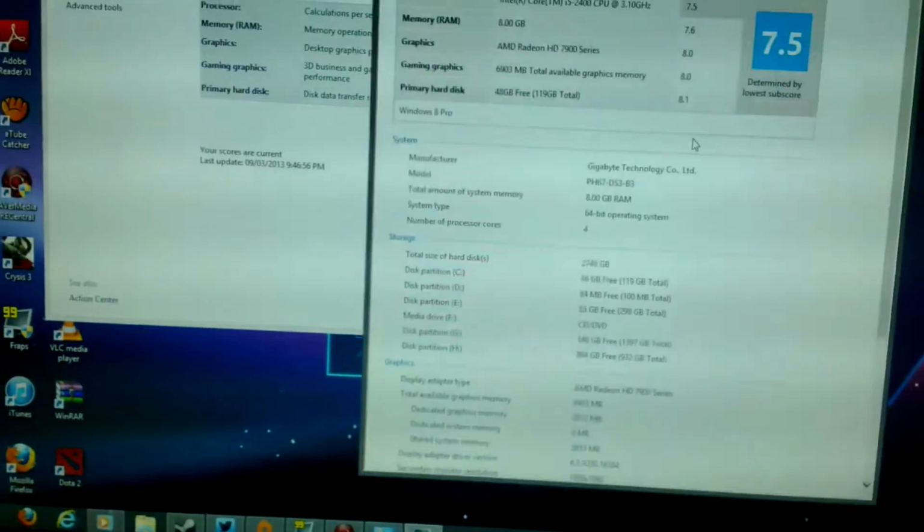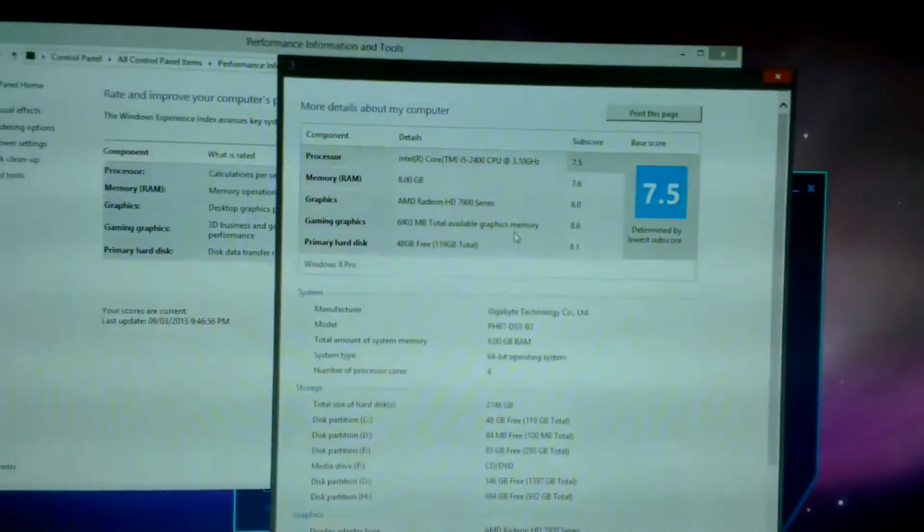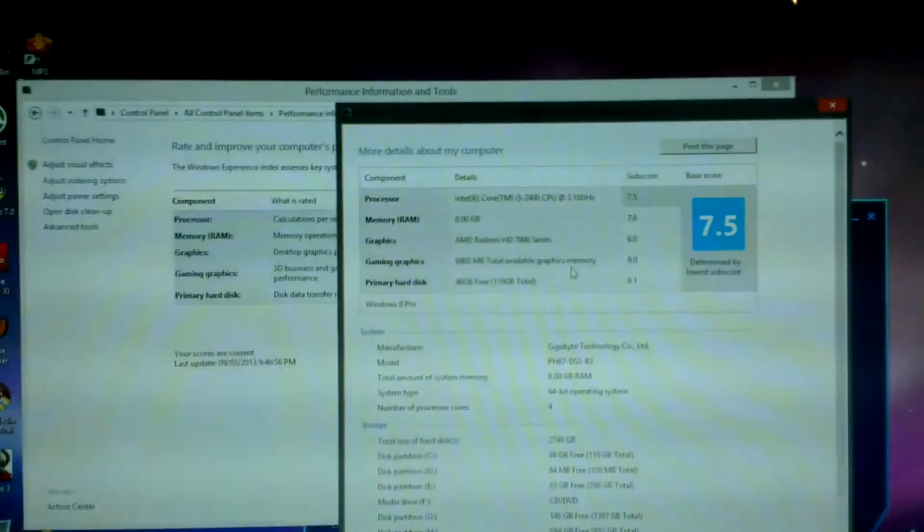Actually, let's view the details of this performance. It says total available graphics memory is almost 7 gigs. Yeah, that is 7 gigs. Running an AMD Radeon HD series, and I think with my next build, because my next build is going to be an AMD build, I might try and go all out and maybe buy a 7970 or 7990. I know they're really expensive, but if I save up enough and if I get a job,